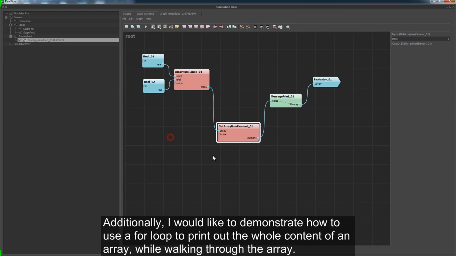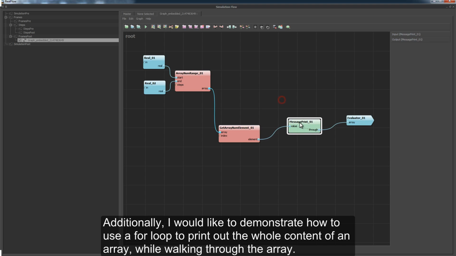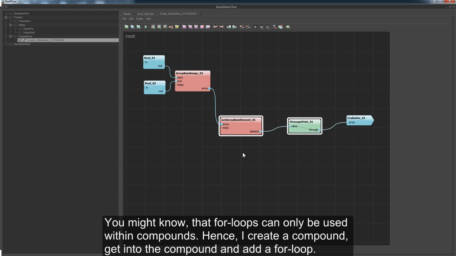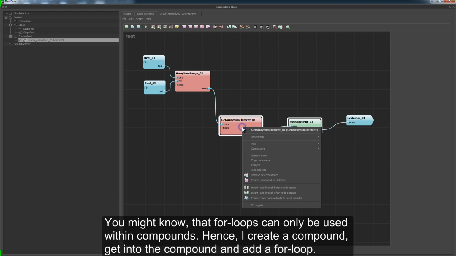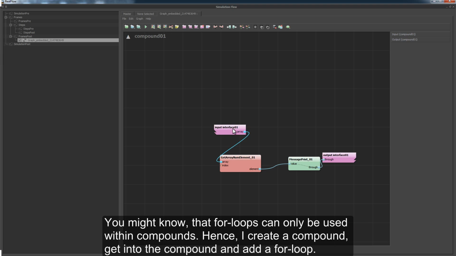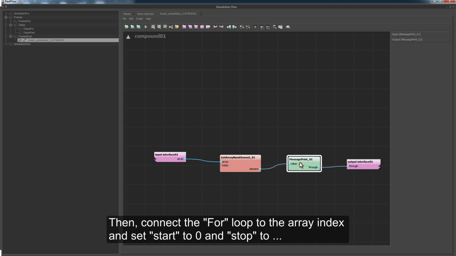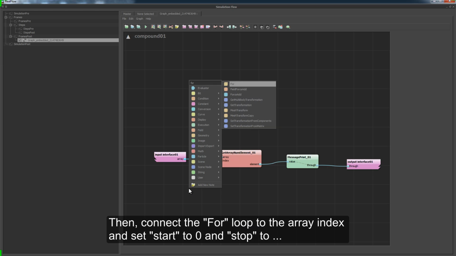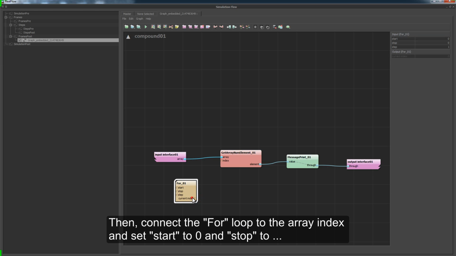I would like to demonstrate how to use the for loop to print, within the for loop, the whole bunch of array elements. As you might know, for loops can only be contained within a compound. So I create a compound for these selected nodes, get into the compound, and add a for loop. It's basically here. And I connect this for loop to the index of the getArray num element